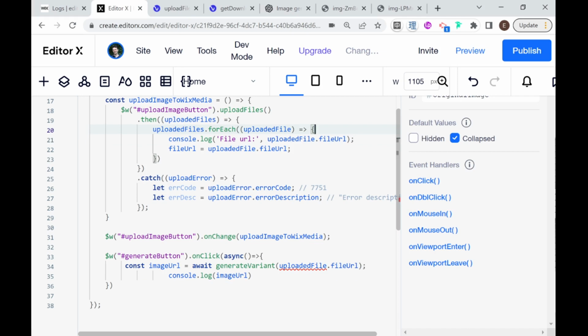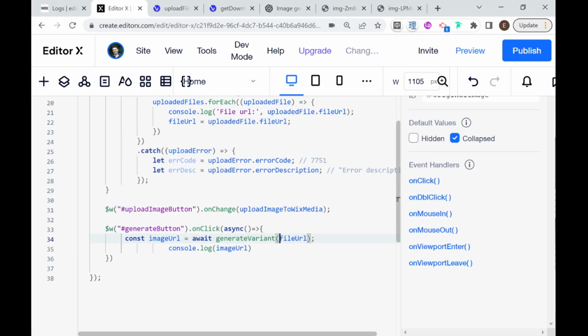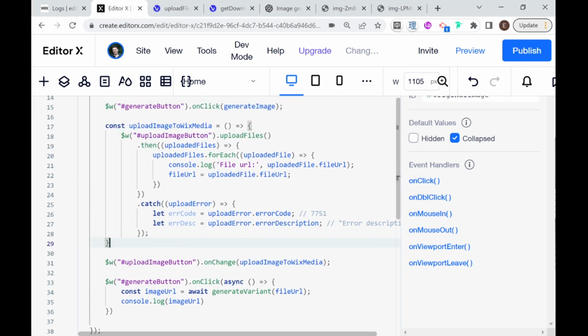And here, instead of passing uploaded file, I'm actually going to pass this file URL, okay, which is our global variable, which we declared before, if you remember. And that was the reason, so that we can pass it in between these unrelated functions. Now we just need to add a little bit of the smoke and mirrors. So what I'm going to do, let's see. So I want to display,